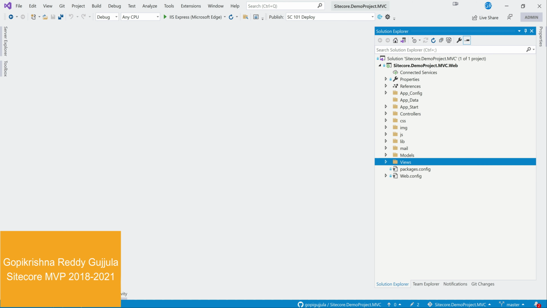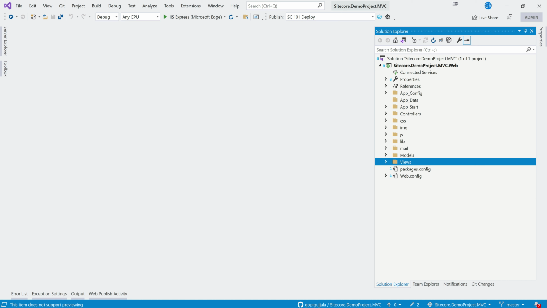In this video, let's discuss folder templates and insert options. So at a very high level, what are folder templates? Till now we have seen page templates, which contain fields as well as layouts, and data source templates, which only contain fields. But folder templates do not contain any fields, but otherwise are very similar to other templates.